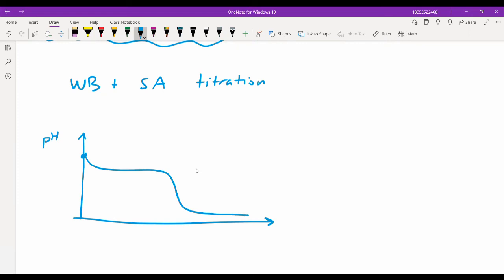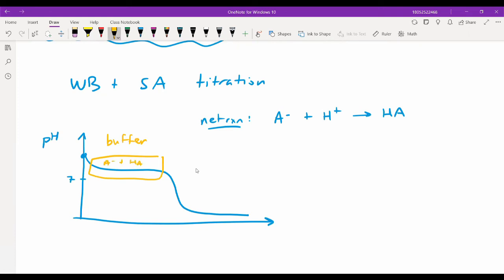Starting with a weak base, you'd start off at a pH that's above 7. And then you would create a buffer region. If you want to think about your net reaction, you would start with a weak base like A minus. You're going to add strong acid. Your net reaction looks something like this, generally. So in your buffer region, you're going to have A minus and HA that are produced in the solution. Once you get to your equivalence point,